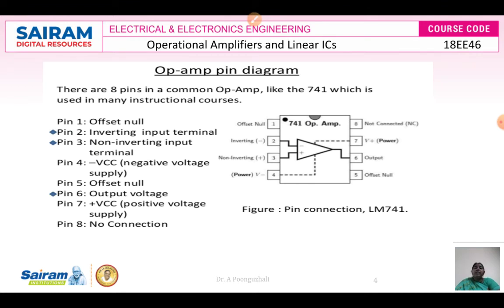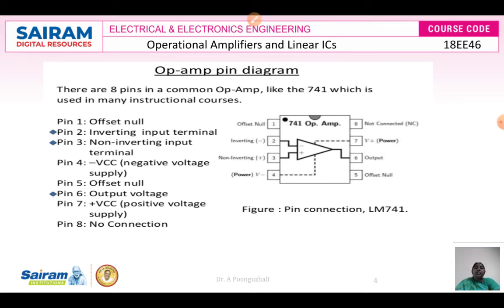So in your op-amp pin diagram, your LM741C is going to consist of 8 pins, where this dot is going to represent your pin number 1. Here your pin number 1 and pin number 5 are going to be used as offset null. What is the purpose of offset null? Suppose my input voltage is 0, my output voltage should be 0. When I use my operational amplifier for precise applications, I need my output voltage to be 0.